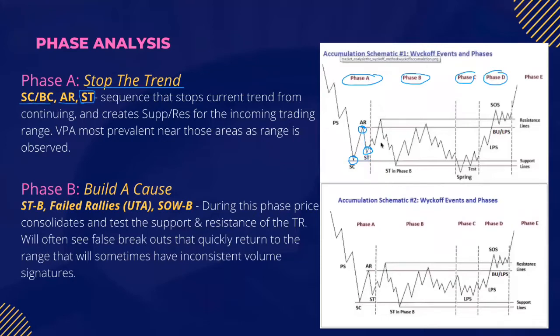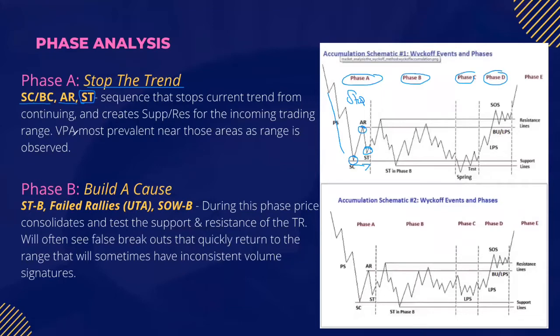But we don't. We refuse to go lower, and now we go from trending down to trending sideways. So phase A, we have stopped the trend, right? So just read this out. These events, this sequence that stop the trend from continuing and creates the support and resistance for the incoming trading